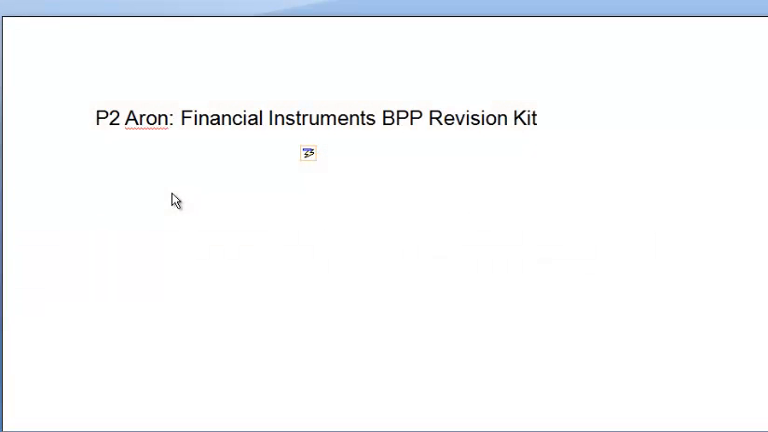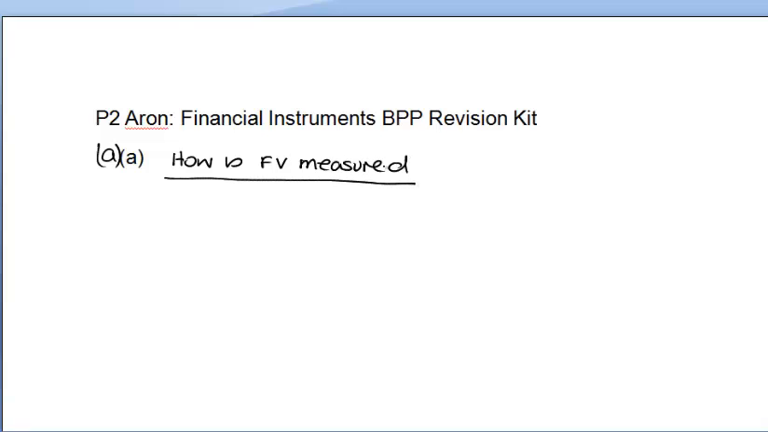So this question is multi-part in respect of financial instruments. It's a question called Aron from the BPP revision kit. So we start off with part A. As far as part A, it says briefly discuss how the fair value is measured. So pick up the requirement,